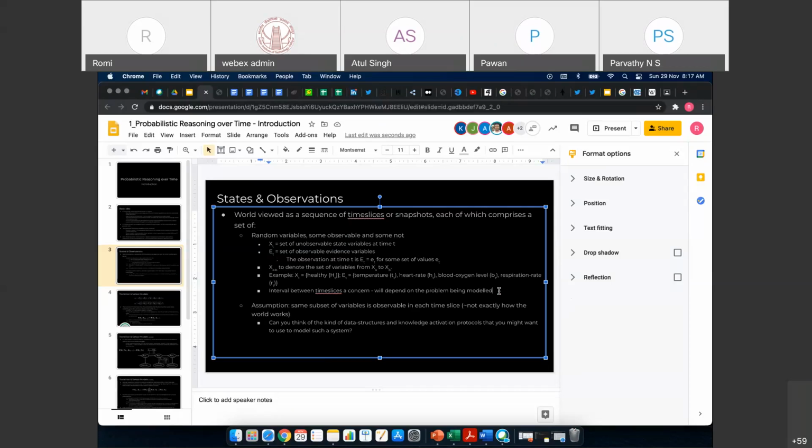It doesn't have to be as crisp as healthy or not. It can be healthy, extremely healthy, partially healthy, not very healthy, and different grades of healthiness based on these parameters. And here time is again of consequence, because the granularity could be over one day. You keep measuring these parameters all across the day, perhaps in the morning, in the afternoon, after an activity, before an activity, after eating, before eating, right?